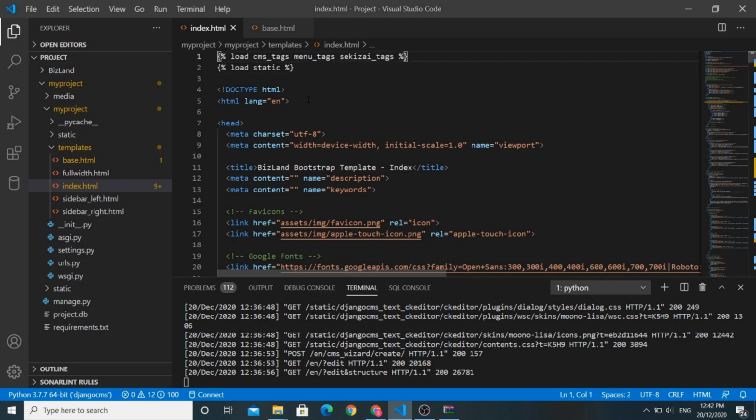Okay, so the next thing we are going to do is replace all the files having assets with this tag.